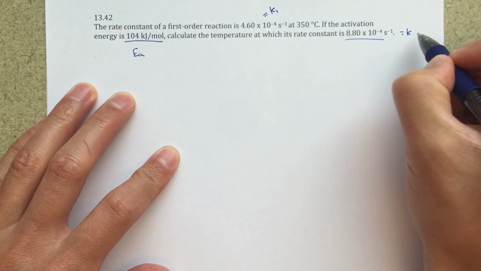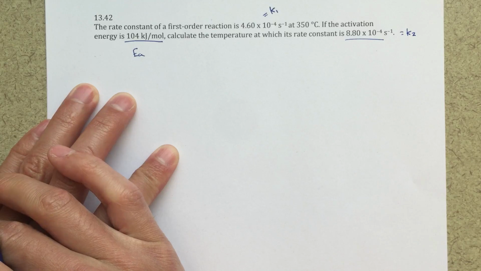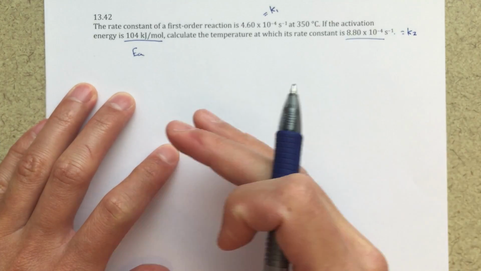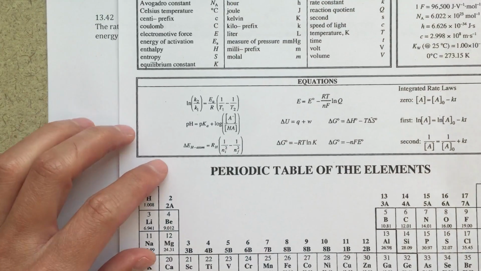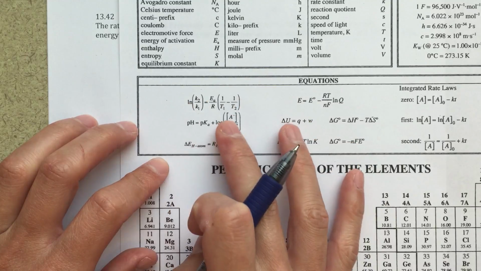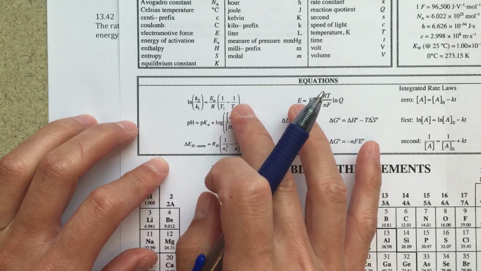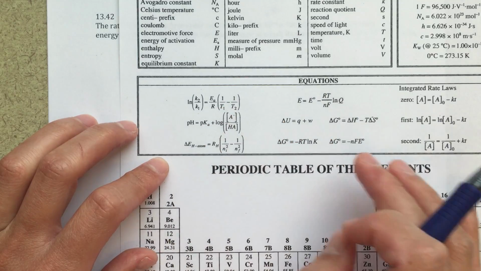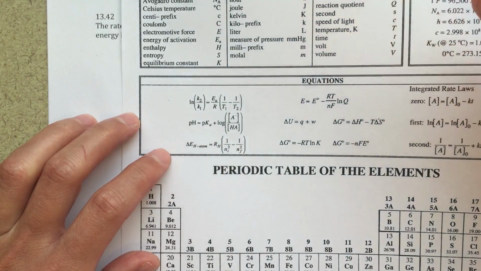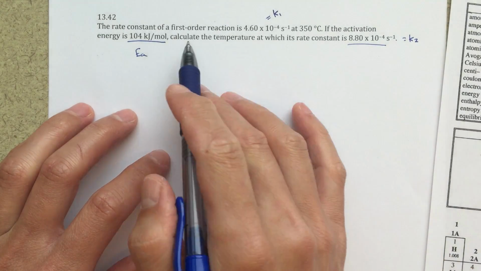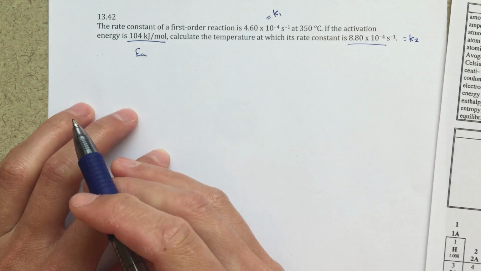So I might just start labeling these K1 and K2. I think that's a simple thing to do. And then I'm going to look for an equation to help get myself started on this problem. If you look at your equation sheet, we've got this equation that says the natural log of K2 over K1 equals E sub A over R, and then 1 over T1 minus 1 over T2. That's the equation we're going to need to utilize here, because it's going to relate rate constants, Ks, to activation energies, this R value, and